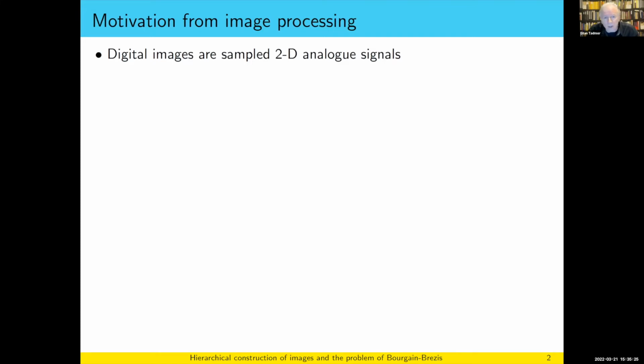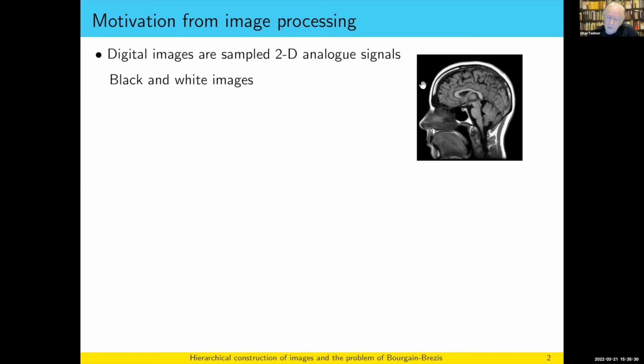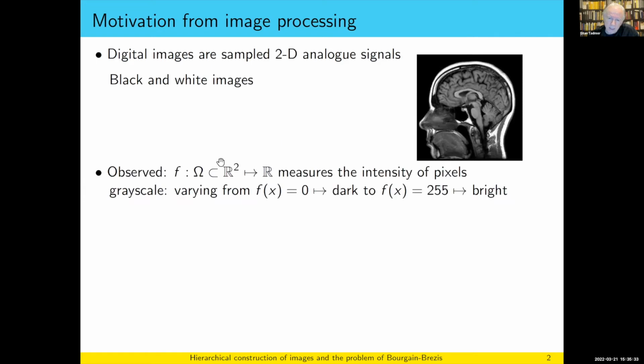So images, black and white images, are in fact two-dimensional signals. And here's a typical image that I will refer to. It's essentially a mapping from a domain, in this case a square in R2, into R, positive R. And this mapping measures the intensity of pixels that we see. It's the intensity of pixel in grayscale varying from 0, which is dark, to 255, which is the brightest pixel. And what we see really is a collection of these intensities in the many pixels that are scattered in this